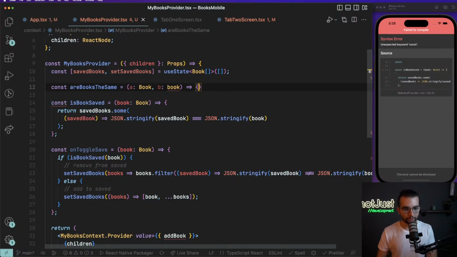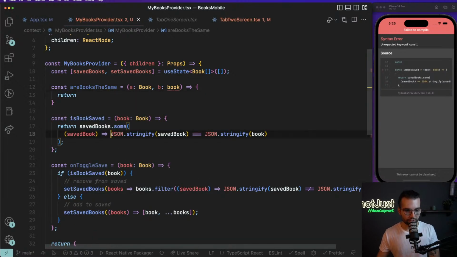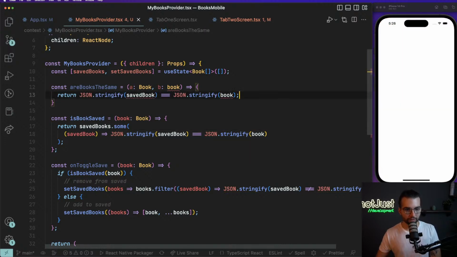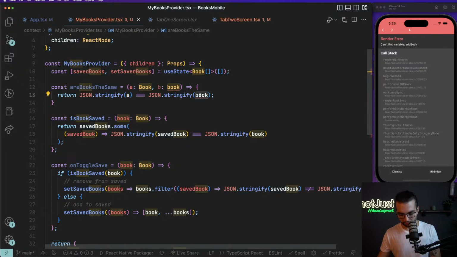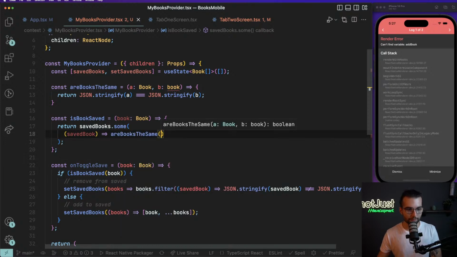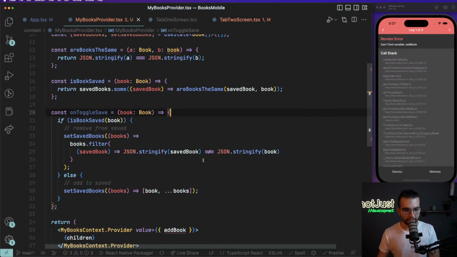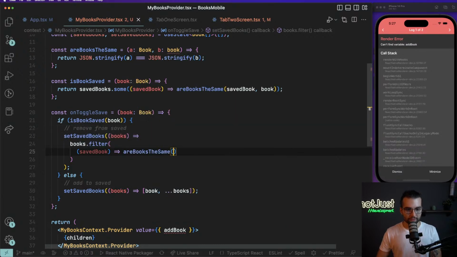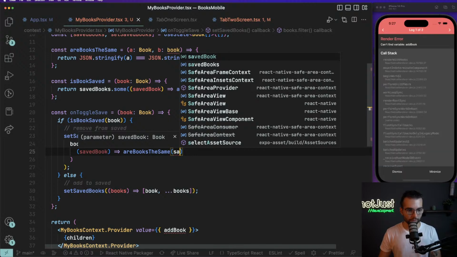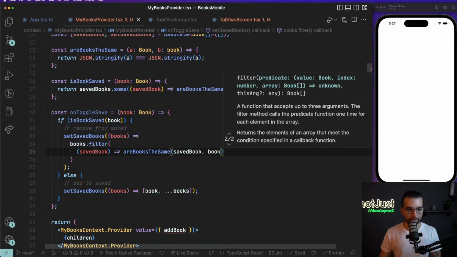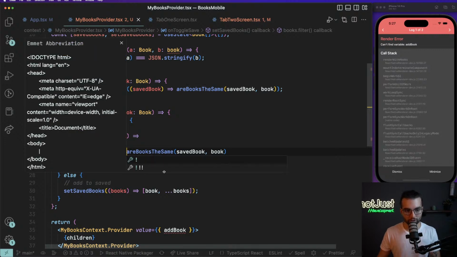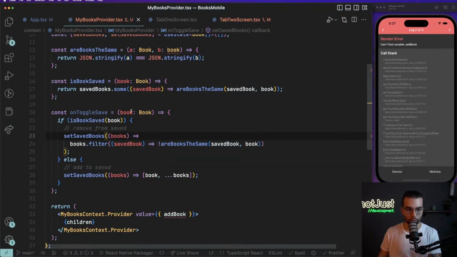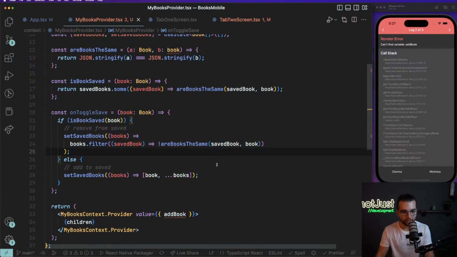And we can return here the JSON stringify of A equal to the JSON stringify of B. And then instead of doing this, we can simply call areBooksTheSame with the saved book and the book from there. And here, instead of checking it like this, we are going to do areBooksTheSame with the saved book and the book that we are searching. But we want to reverse it because we want to filter everyone that is not the same as the one that we want to remove. Okay,